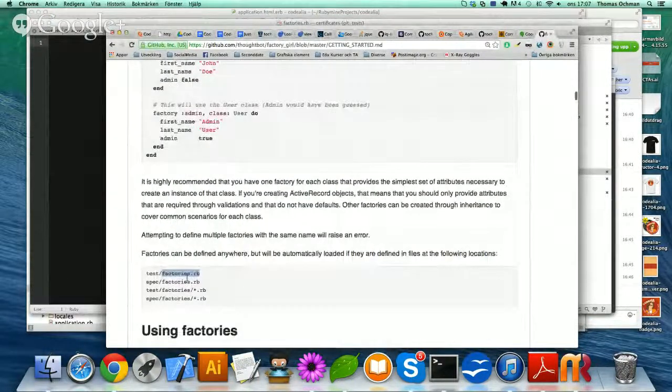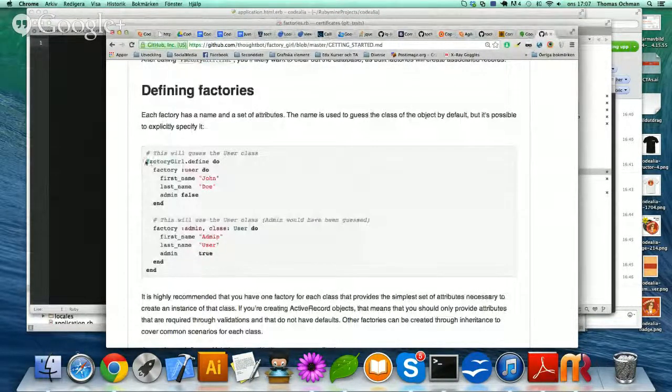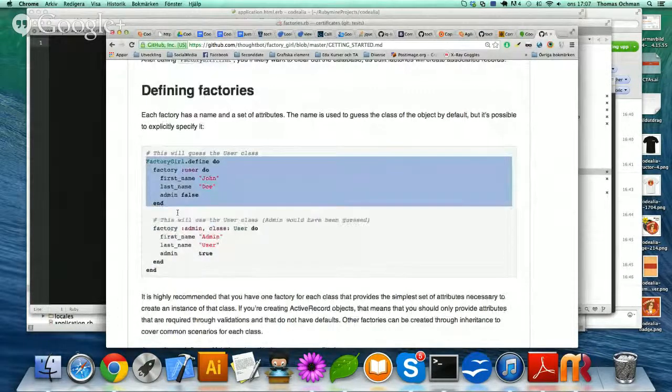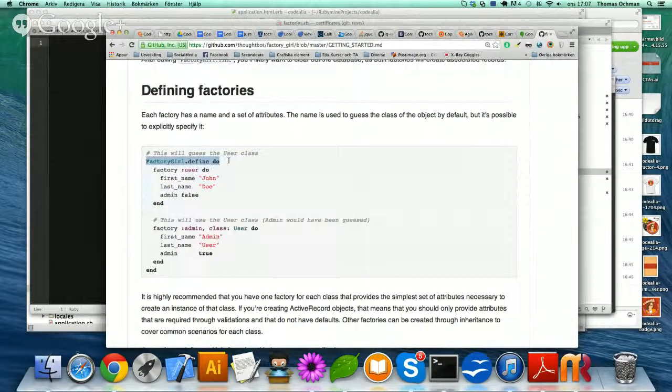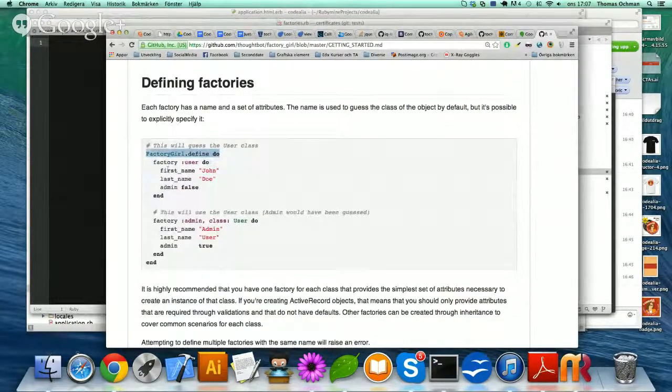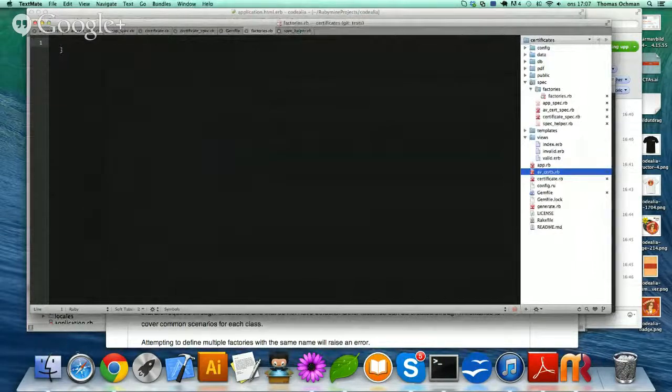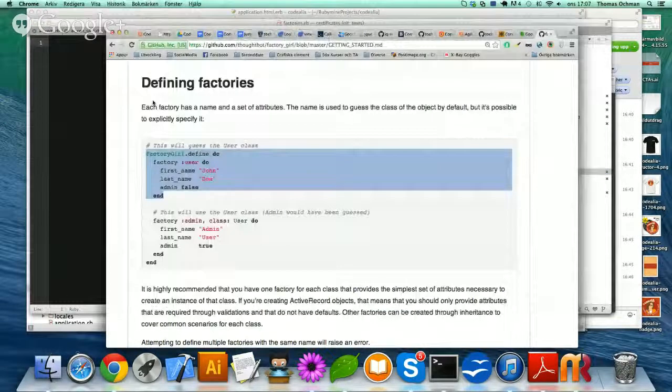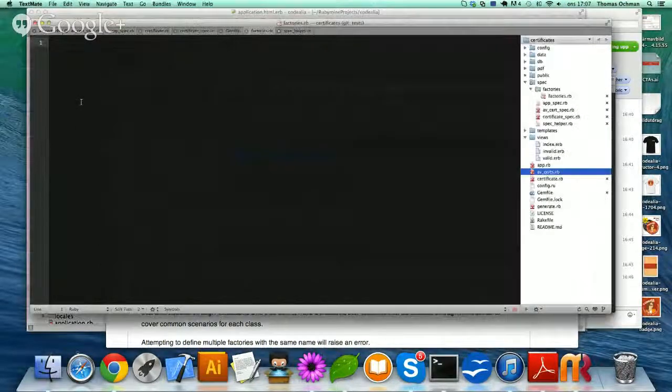All right, and then factory. And by the way, in the installation there are two lines they ask you to add in the spec helper for Sinatra. It's in the group chat if you want to have a look. You are on the getting started, right? There is another tutorial for installation, and there they have two lines they want you to add to the spec helper for Sinatra specific installations.